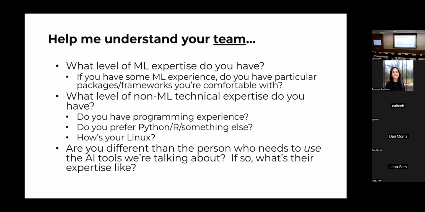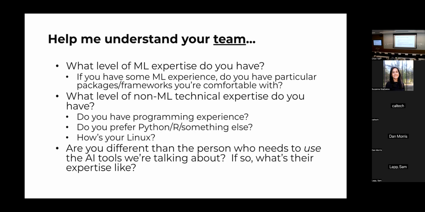Also ask lots of questions about the team that you're working with, because sometimes, again, the right answer isn't just about technology, it's about the level of investment that team would have to make to bring AI into their lives. And sometimes this does come down to what level of machine learning expertise, although even more often, what kind of non-machine learning technical expertise they have. Do they have an IT staff? Do they have a software developer on staff? Do they have maybe a GIS person? Do they have a person who knows Python? Because again, some of this will affect the literal mechanics of a solution.